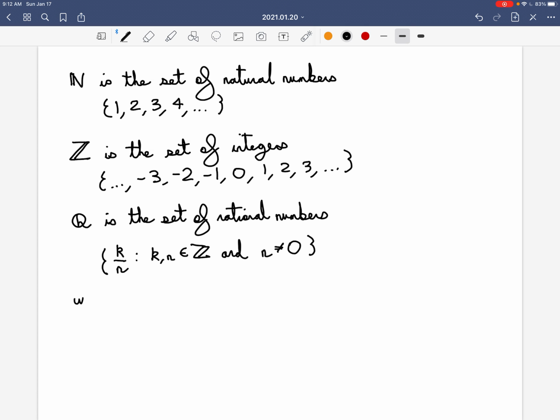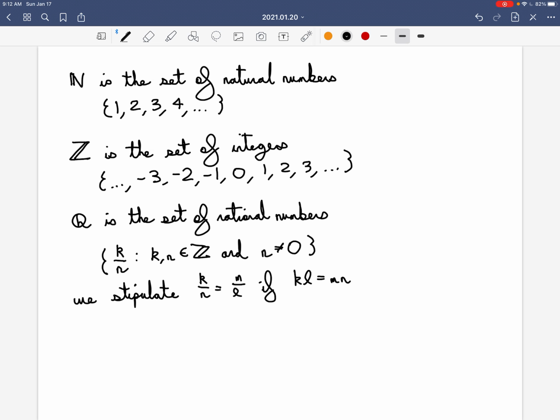We stipulate that k over n equals m over L if KL equals MN. So the rational numbers are the collection of all integer fractions, and we have this stipulation that